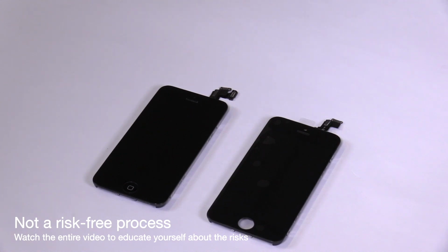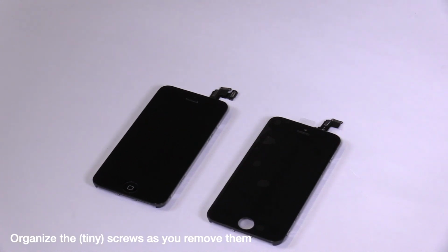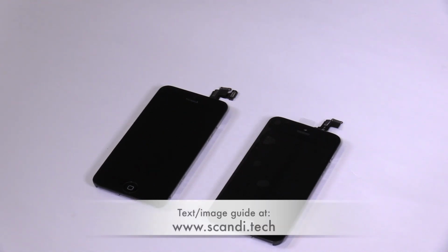Please keep in mind that there are many tiny screws inside the iPhone, and most of them are of different lengths. Make sure to organize the screws as you remove them because they need to go back into their respective holes. If parts of this video aren't clear, please take a look at our website